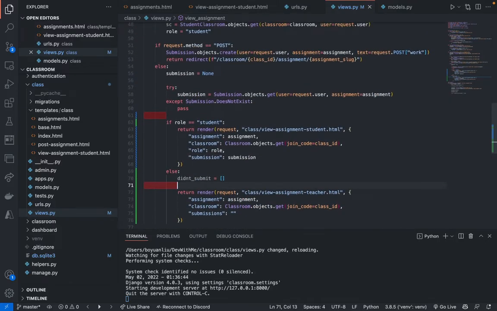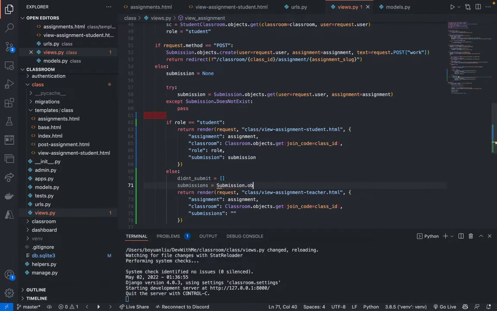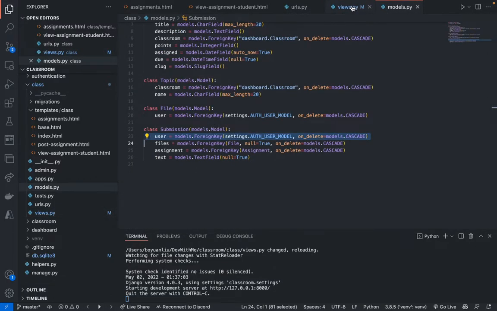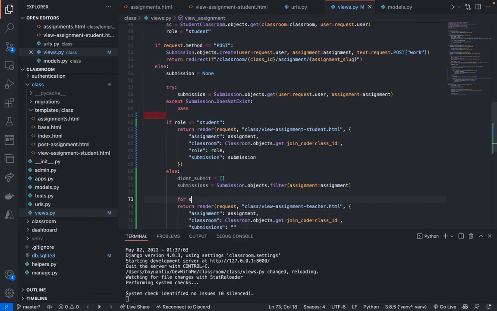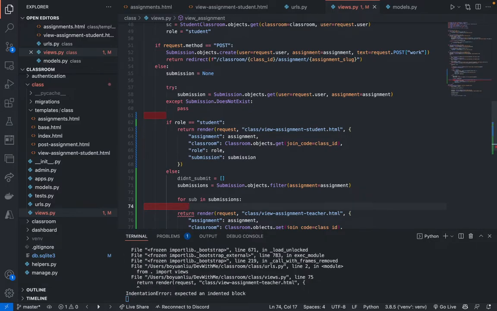And in here we can say submissions equals Submission.objects.filter, assignment equals assignment, right? That's what I want to filter by. For sub in submissions, no, I want to do the